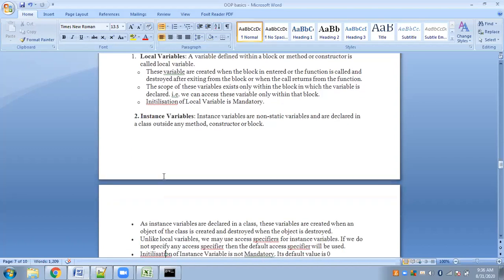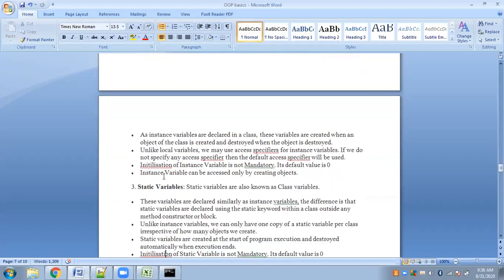Fine. And next we have static variables. Static variables are the class variables. Class variables means their lifetime will remain inside the class. Just as I said, in the case of instance variables, when you create the object the variable also gets created, and when the object is destroyed the variable also gets destroyed.